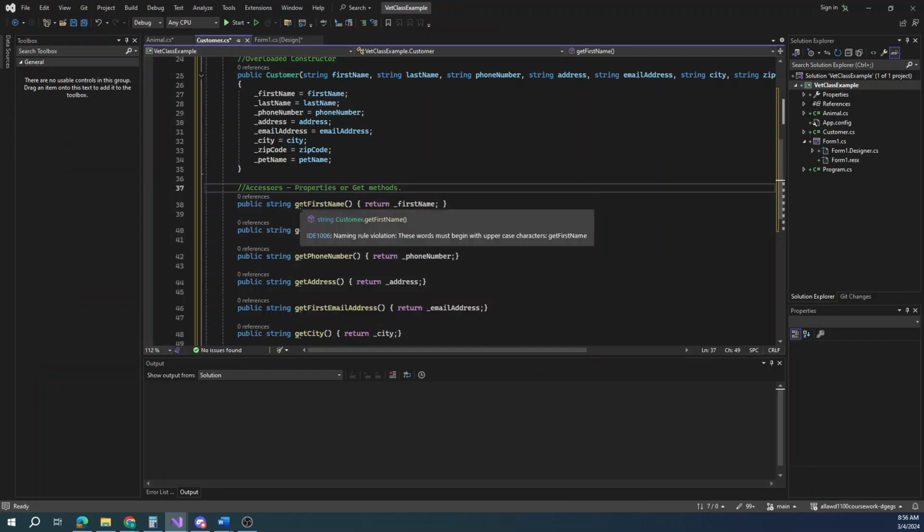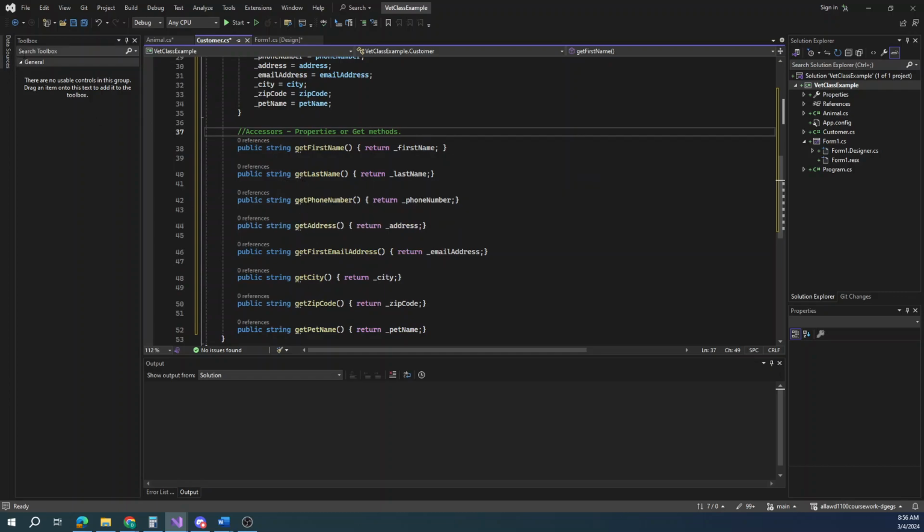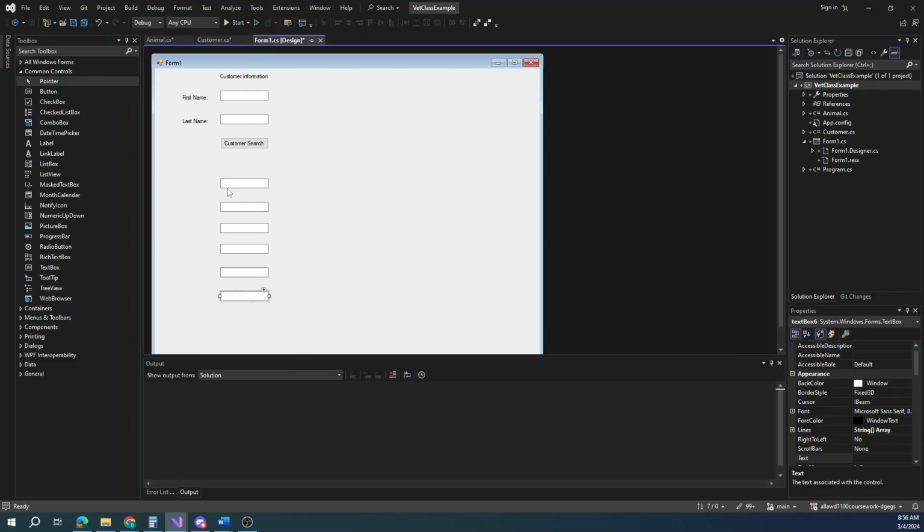We'll start with the pet name and then just go down the list. We're going to skip first name and last name since we're entering that in the text box up top to search for them. So we'll do label,